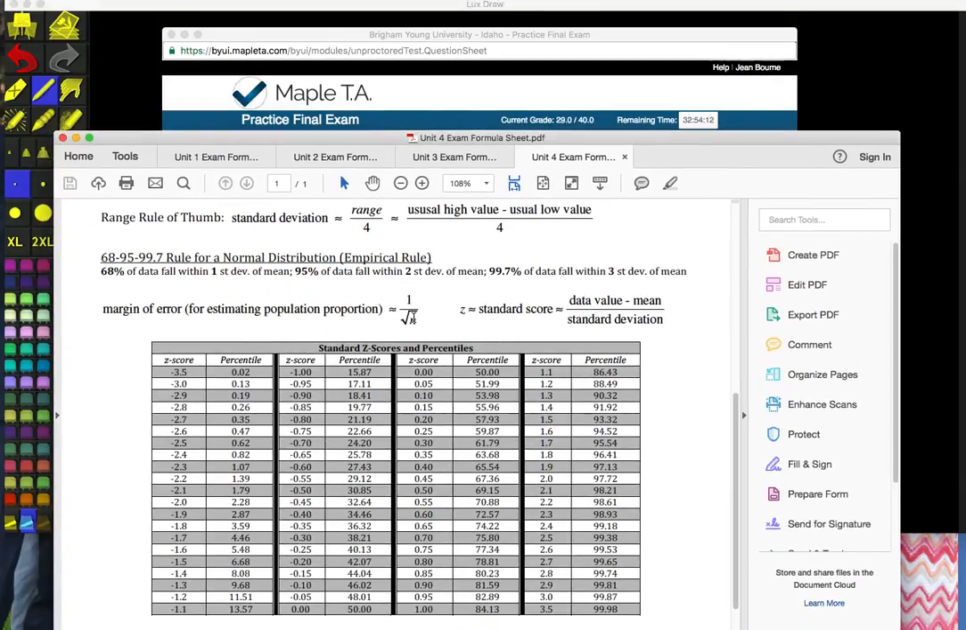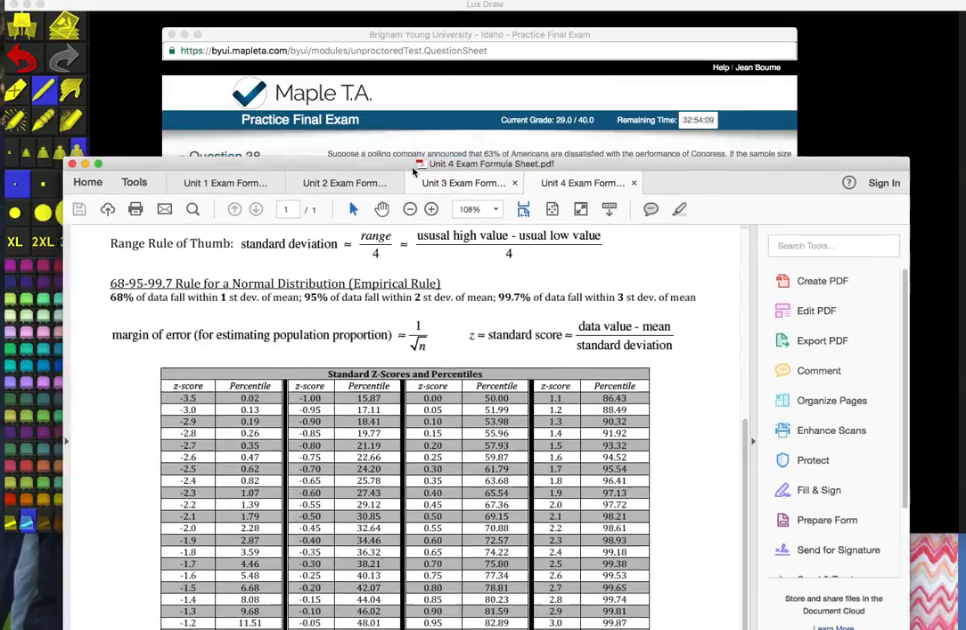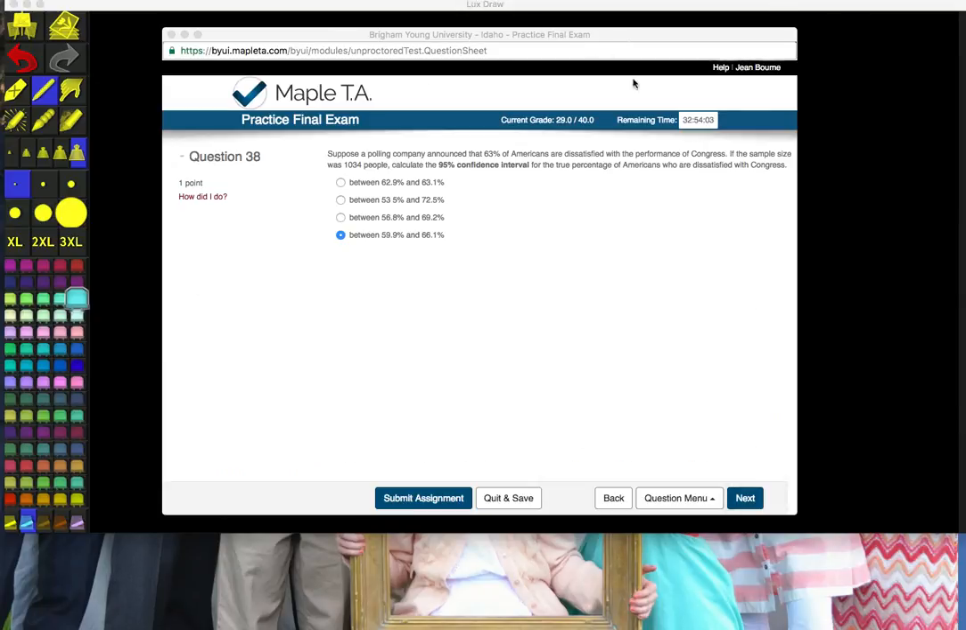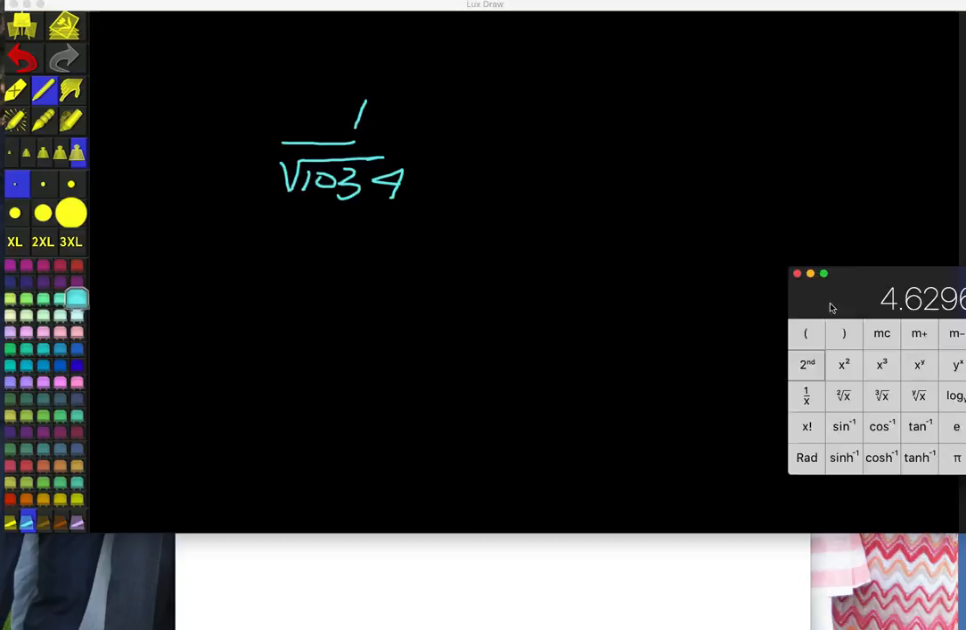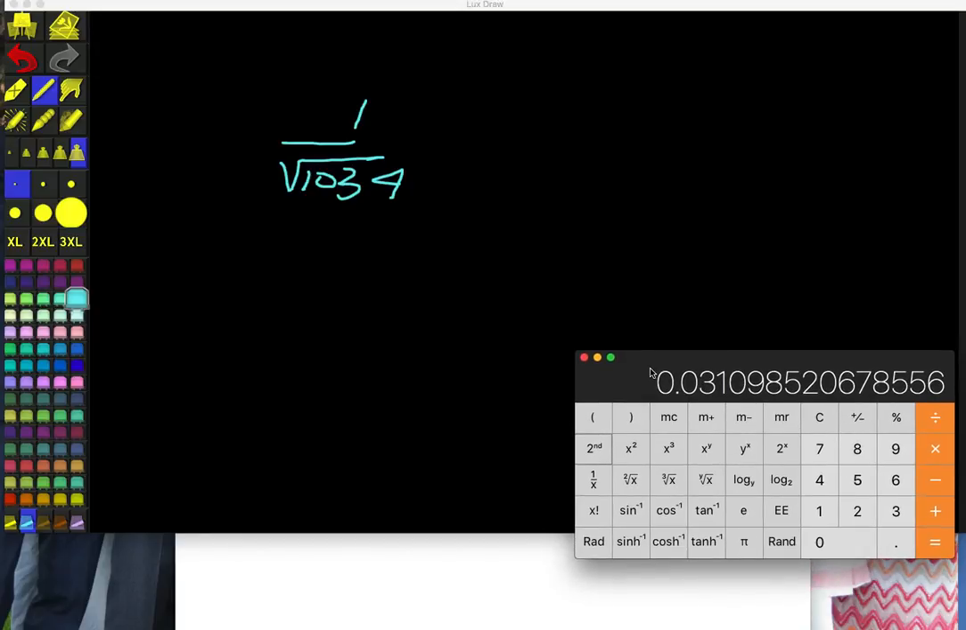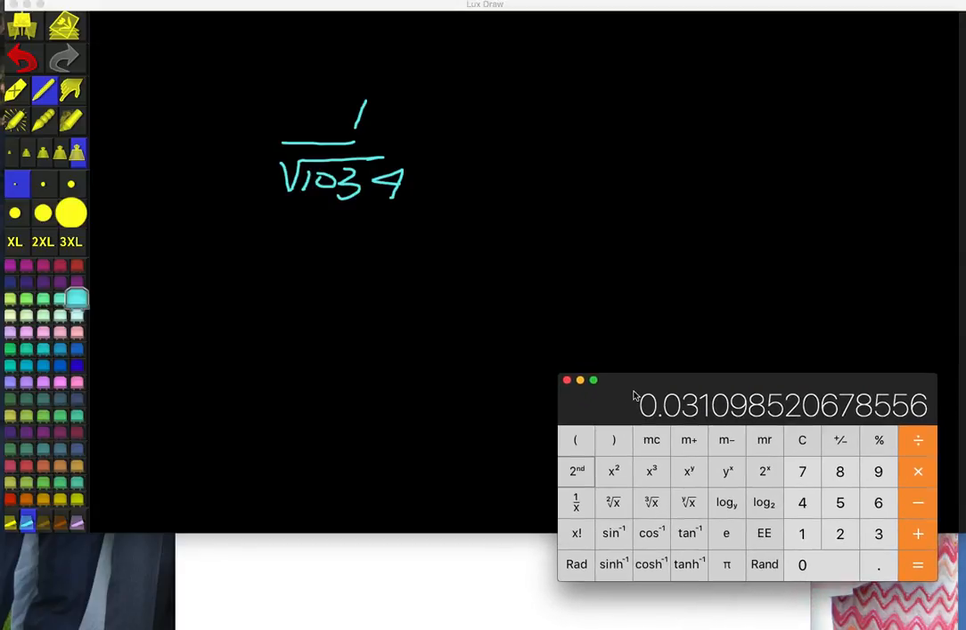So I'm just going to use this formula, which is 1 over the square root of n. My n was 1034, right? 1 over the square root of 1034. So I take the square root, flip it over, and I get 0.031. Then I'm going to take that 0.031, which is 3.11%,